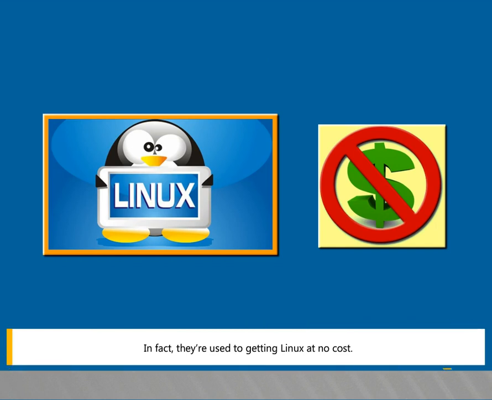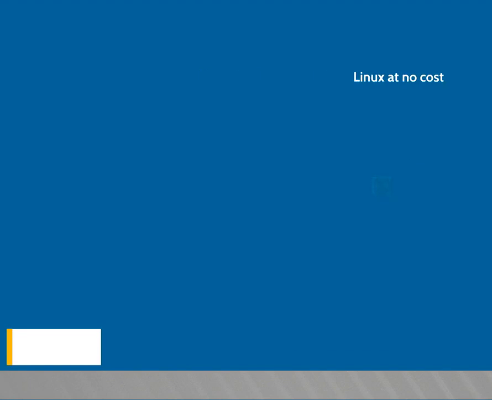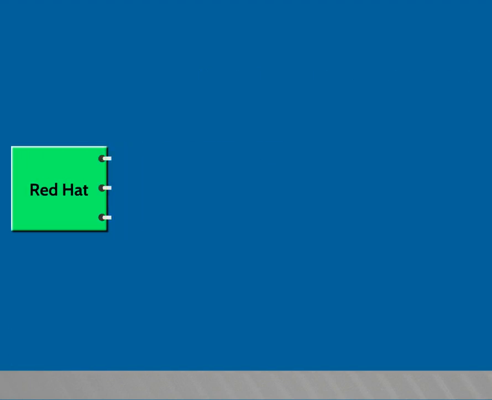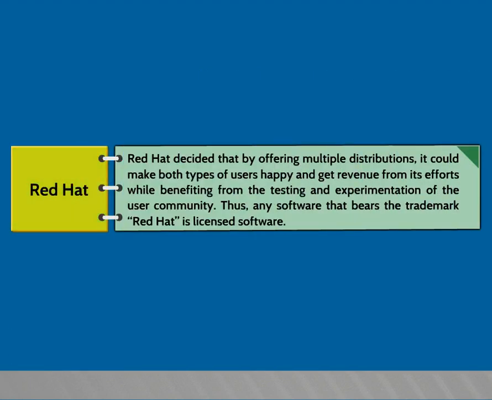In fact, they are used to getting Linux at no cost. Red Hat decided that by offering multiple distributions, it could make both types of users happy and get revenue from its efforts while benefiting from the testing and experimentation of the user community.